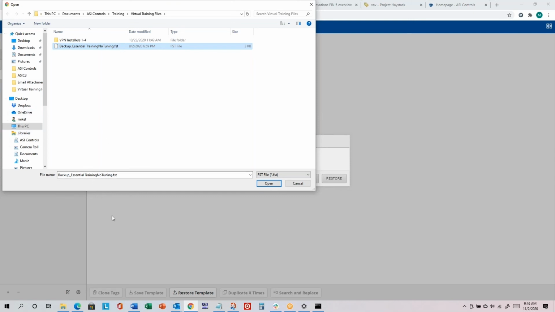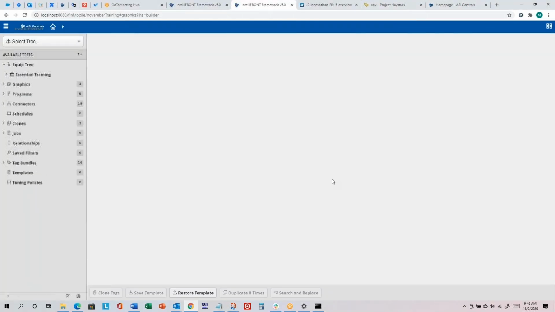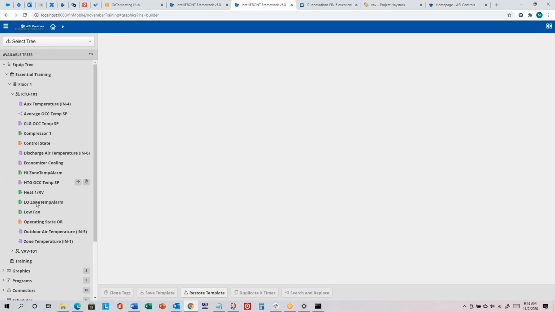And Colin, were you able to find the FST file? Okay, so click Open. It should show you the name. Click Restore. And then the result of that is that we have this essential training site, which is not a live site. These are not live controllers. But if you drill down through the essential training site floor 1, you'll see an equip for RTU 101, which is an 8100 controller that has a series of points and tags that we can clone